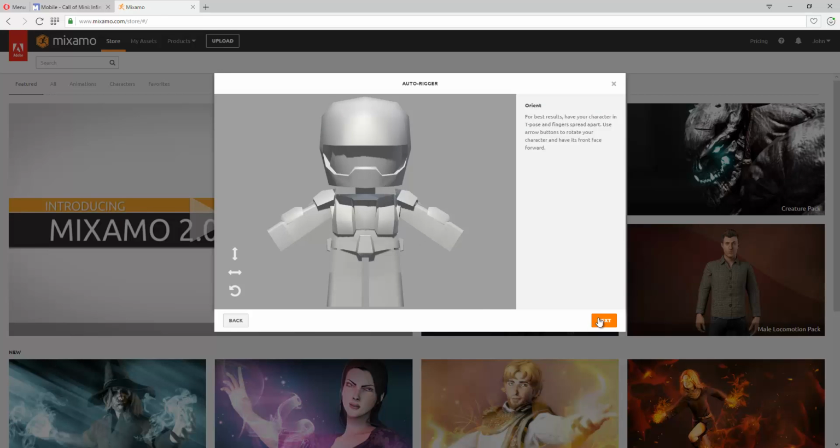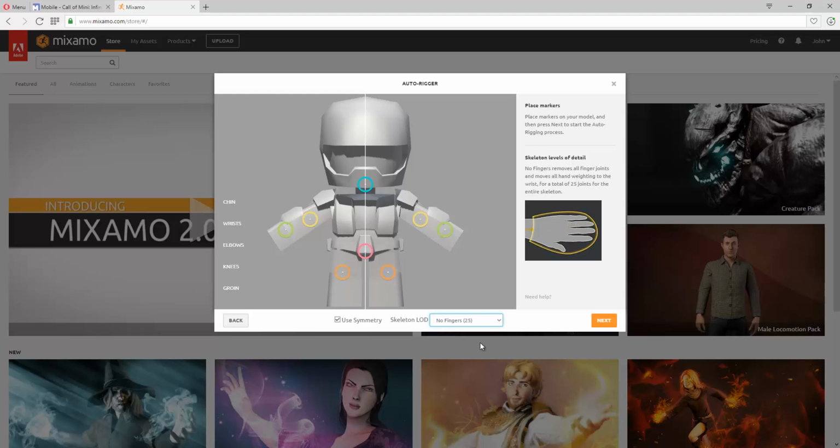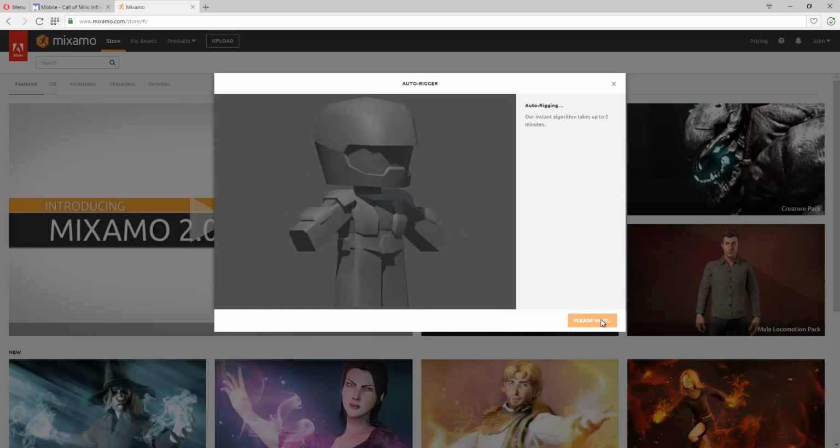Okay, so he's facing how we need him to be faced. We're going to select next, and we're going to select his chin, his wrist, right there, elbows, right there, his knees, right there, his groin, right there. Since he has no fingers at all, we're just going to use that. We're going to select next.